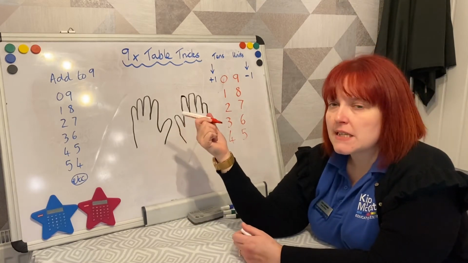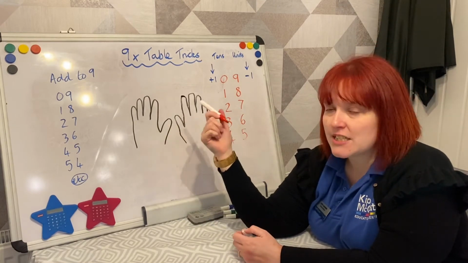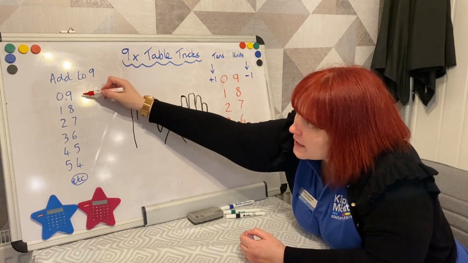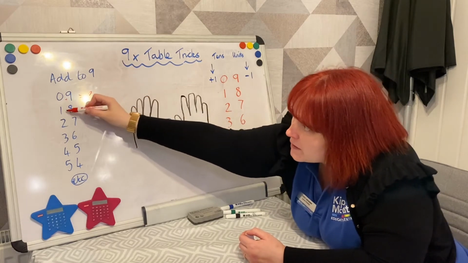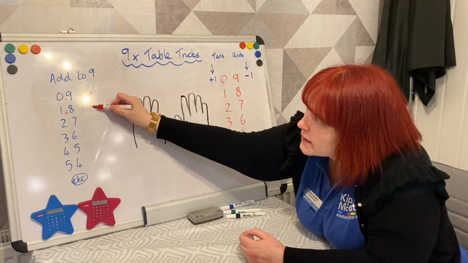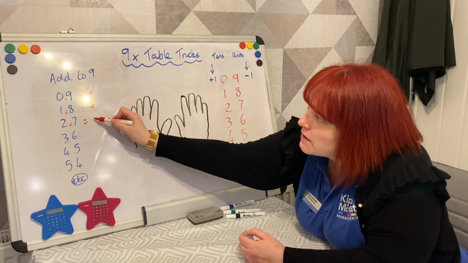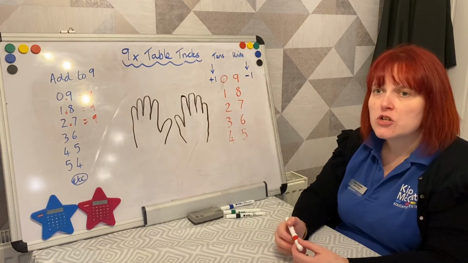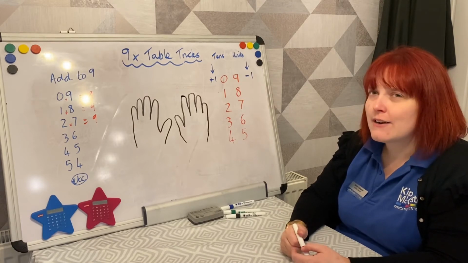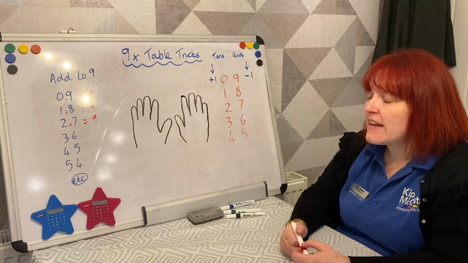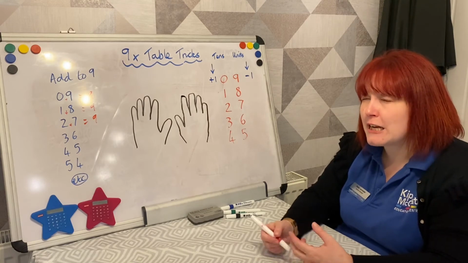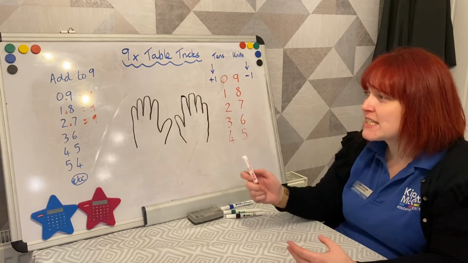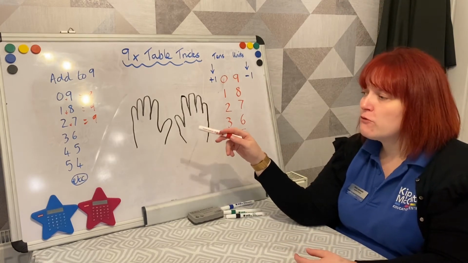So in the numbers in the 9 times table, the digits add together to make 9. If I add up 0 and 9, it makes 9. 1 and 8 makes 9. 2 and 7, and so on. They will always add up to 9. So if children think, oh, I know it's 30 something, then they can identify that it's 36 by thinking about what they need to add to 3 to make 9. Okay, so that one is a little bit more useful if they have a rough idea of the right number